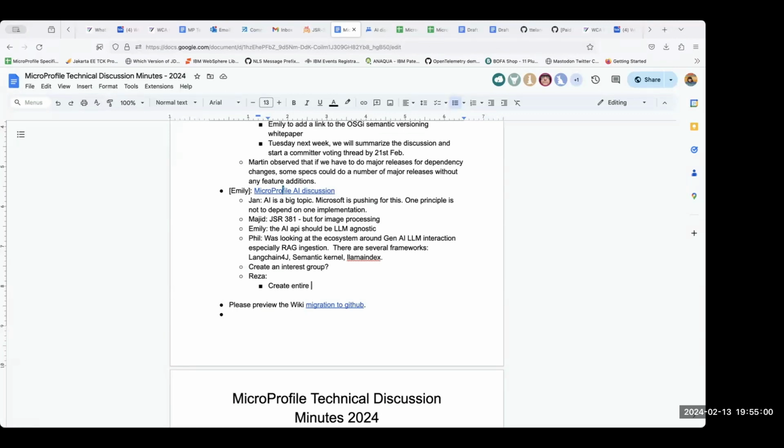Basically, it's creating an integration layer to integrate large language models.